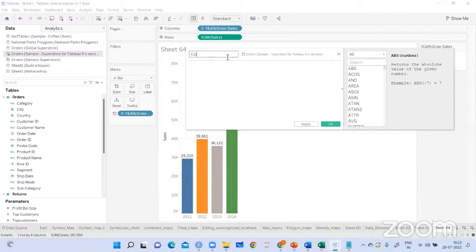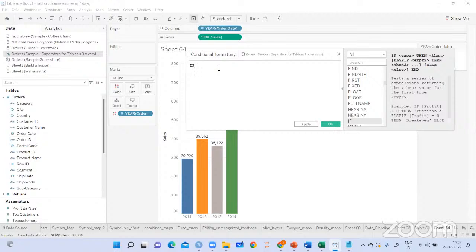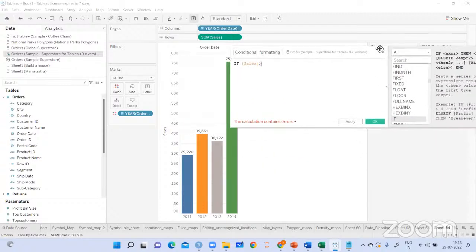And I can write conditional formatting first. And then IF sales is greater than 50,000, then I can say high sales,